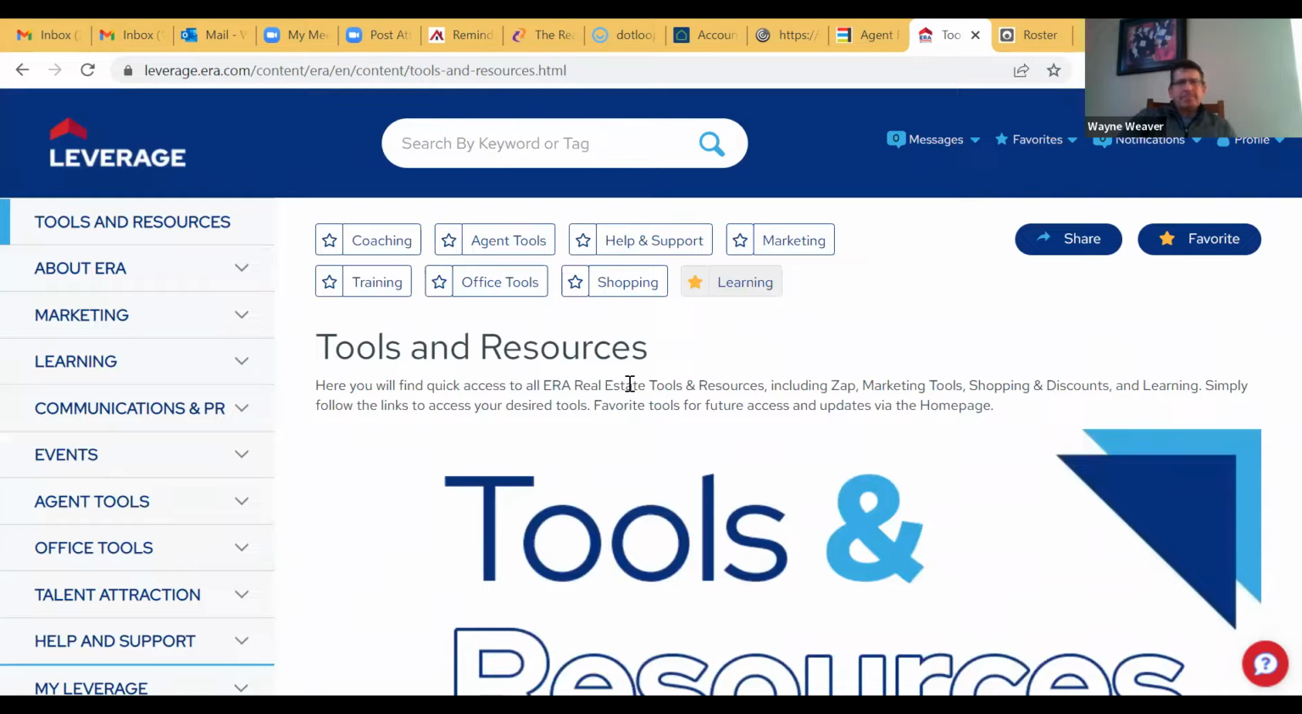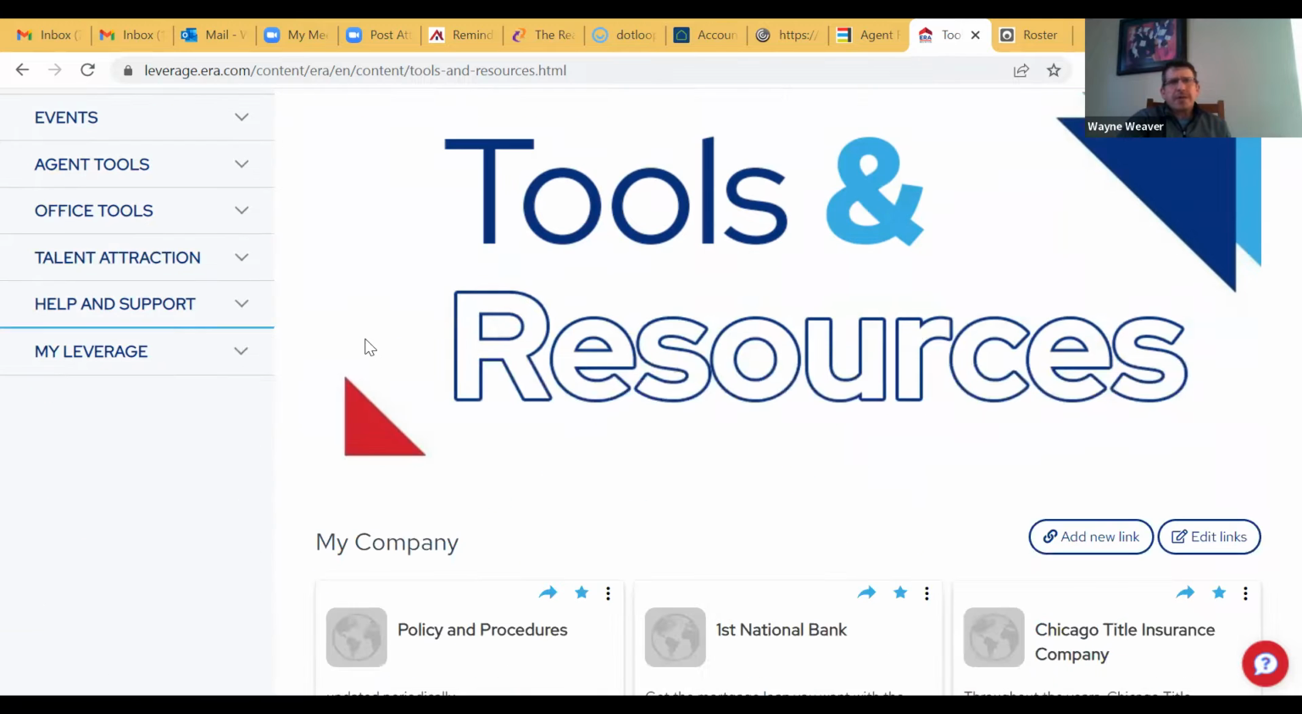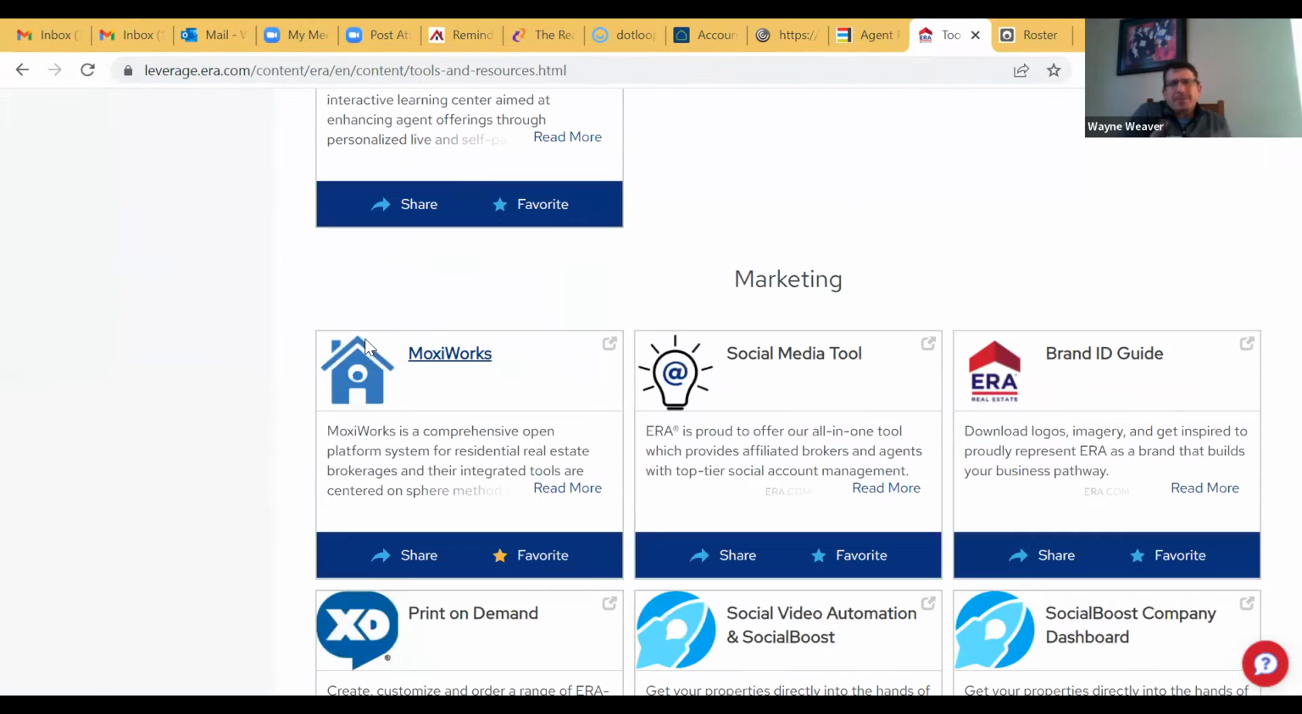Again, to start, you log into Leverage, first name dot last name at era.com, of course your password, and go to Tools and Resources. And then if you just scroll down to Tools and Resources, really the same spot that we found Present and Impress. We've just added to our menu in Engage and in MoxiWorks, and now we have